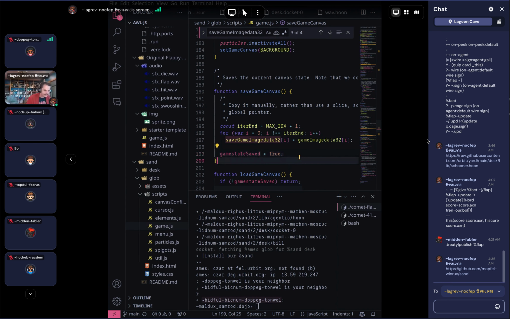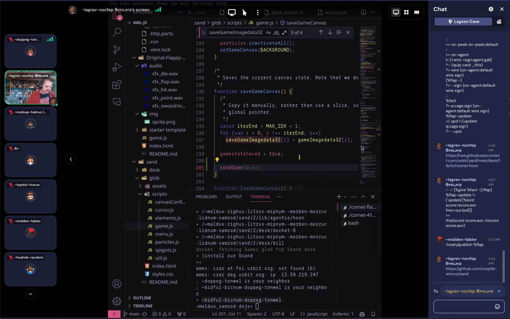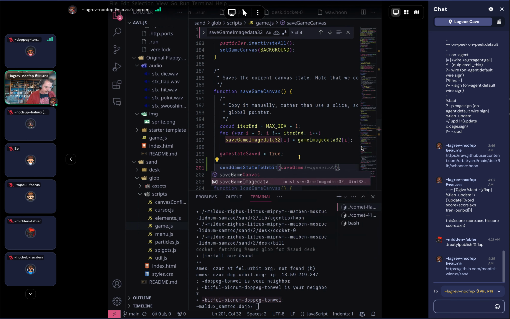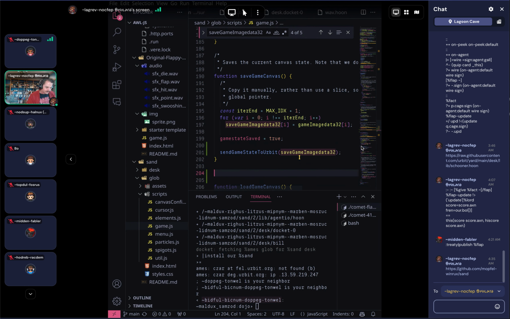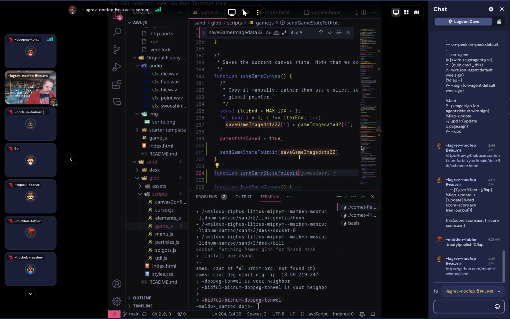Probably, yeah, we'd have something like this. Here's what we do. We would also say send game state to Urbit and give it save game image data. And then you'd have a function send game state to Urbit that accepts